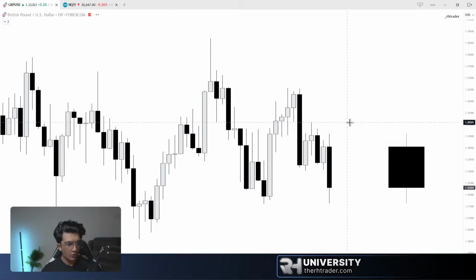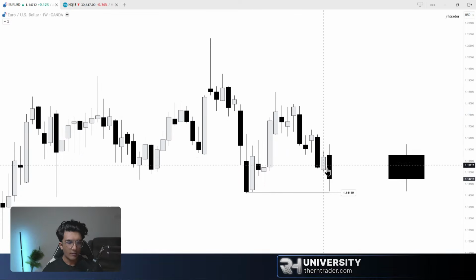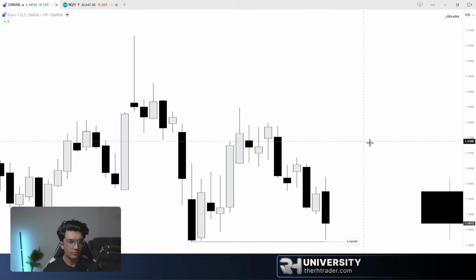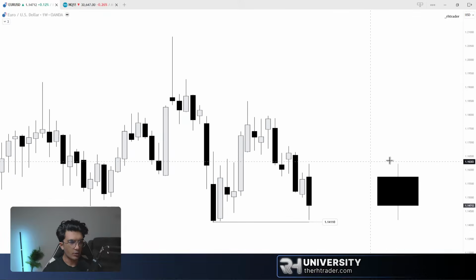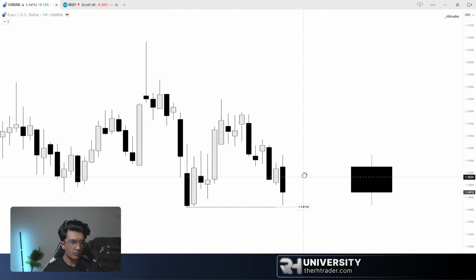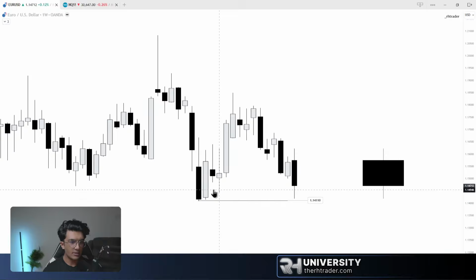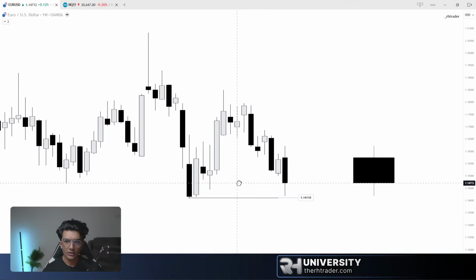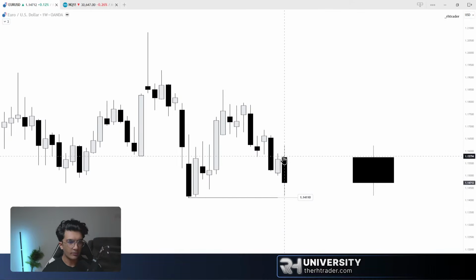So let's move to Euro USD, and this is what we had marked out, right? So what did price do? We're really close to the objective. We've not really fulfilled it. I'm quite aware of that. But dollar index has fulfilled this objective, all right? So which means that Euro does not need to meet sell liquidity, and this is kind of an advanced concept in terms of SMT, where price doesn't need to fulfill this low because dollar index has fulfilled its correlated high, right? Because Euro USD and dollar index are mostly correlated.